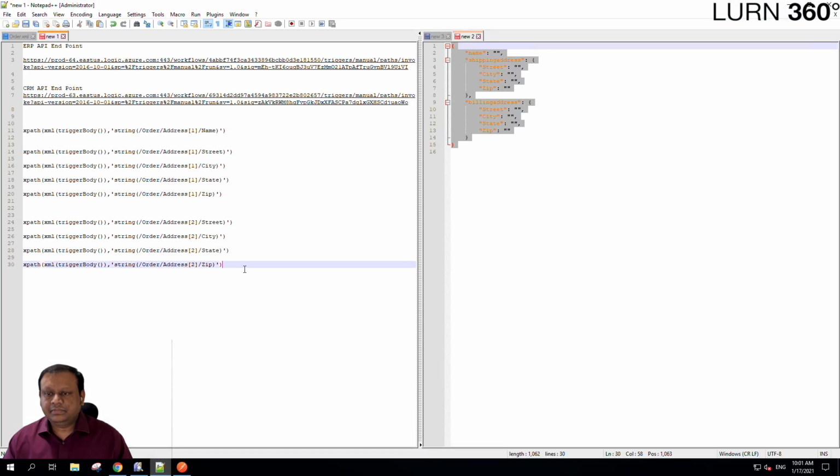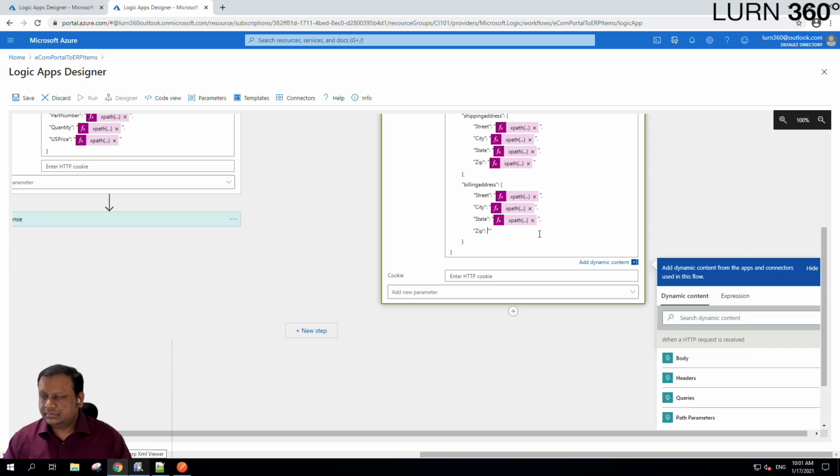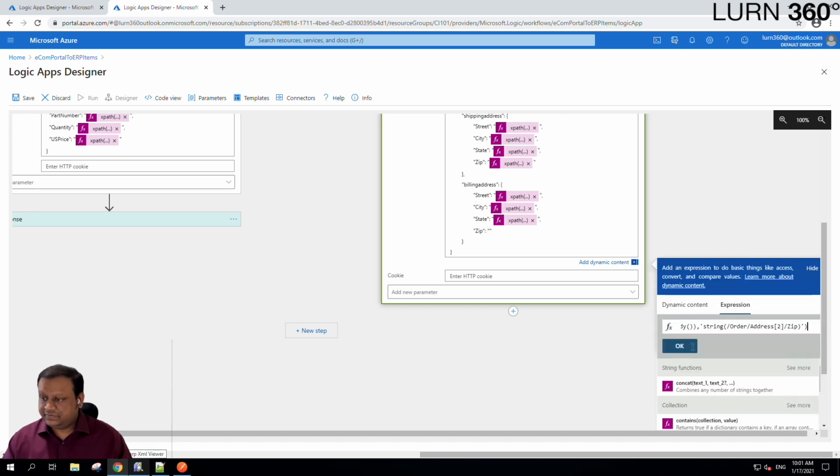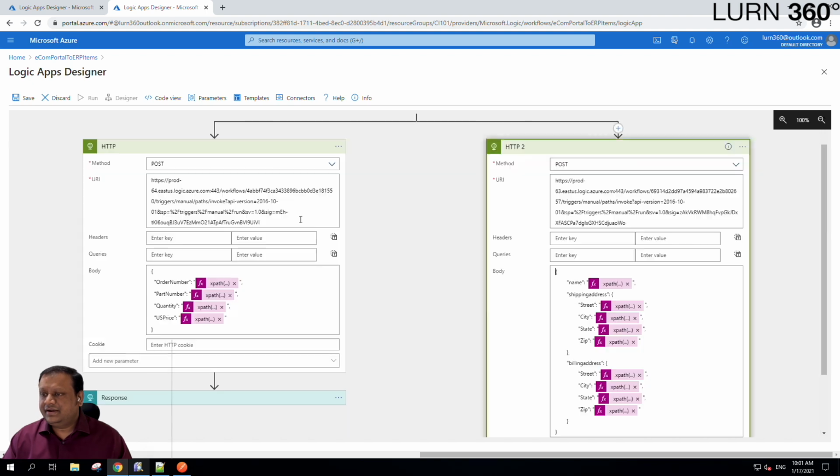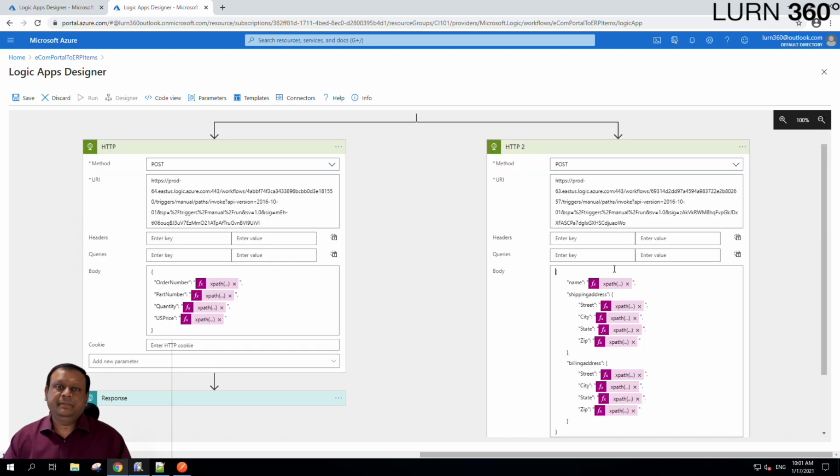And then zip. Expression and paste. All right, so we've just created the mapping that's required to send the JSON to the CRM